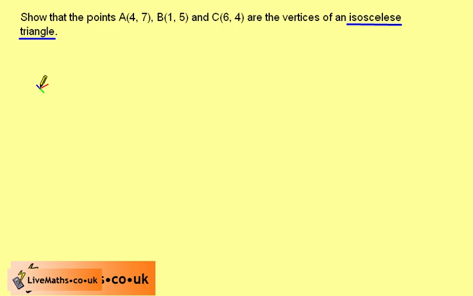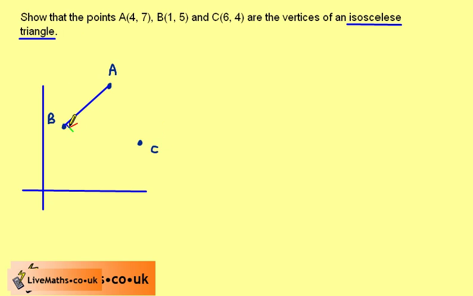It's often useful to draw a sketch to see exactly what you're dealing with. It doesn't need to be accurate, it just gives you a picture. So if we draw a pair of axes and draw on the point B here, which is at (1, 5), and the point A, which is at (4, 7), and the point C, which is at (6, 4). We can now draw the triangle ABC,